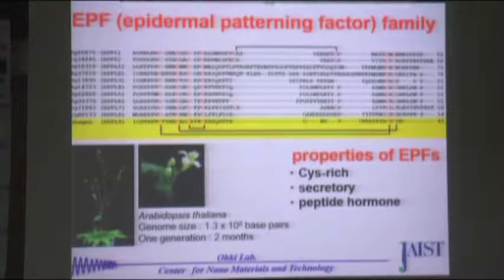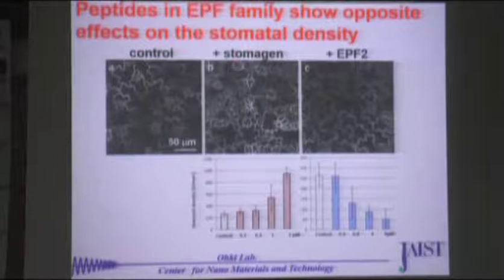Normally, a similar amino acid sequence gives a similar three-dimensional structure of protein, and then they show similar function, but this shows the opposite effect on the stomatal density. This is a control. These are overdose experiments. We produce and purify the stomagen and EPF2 and overdose them on the leaves,